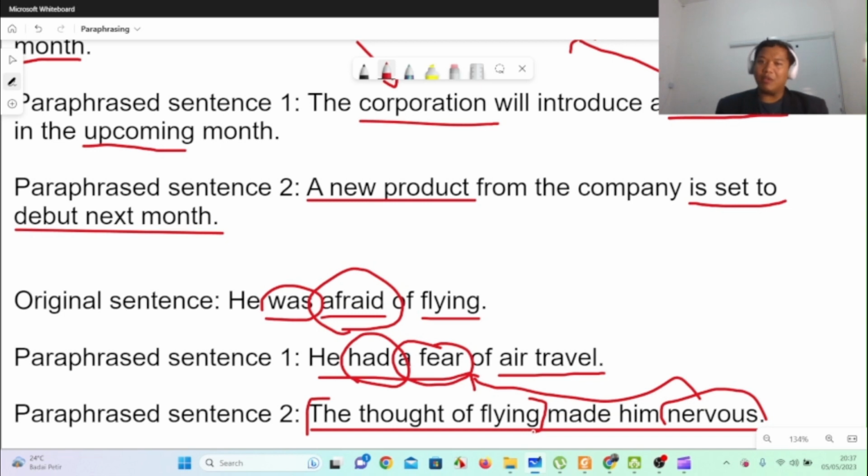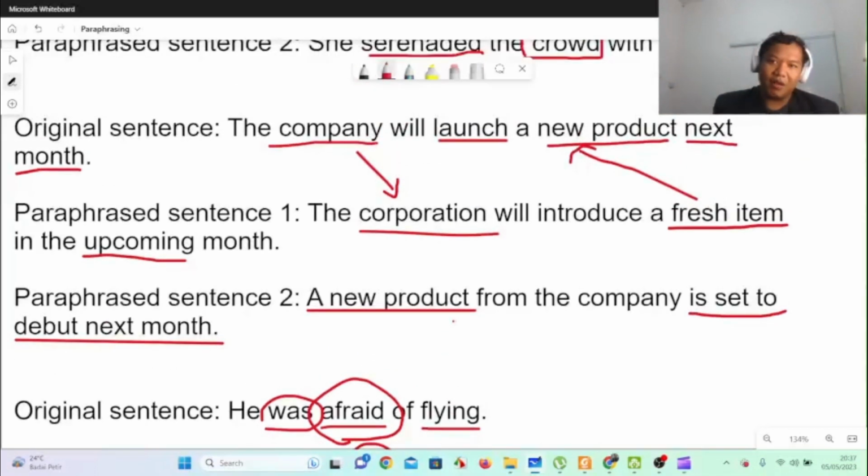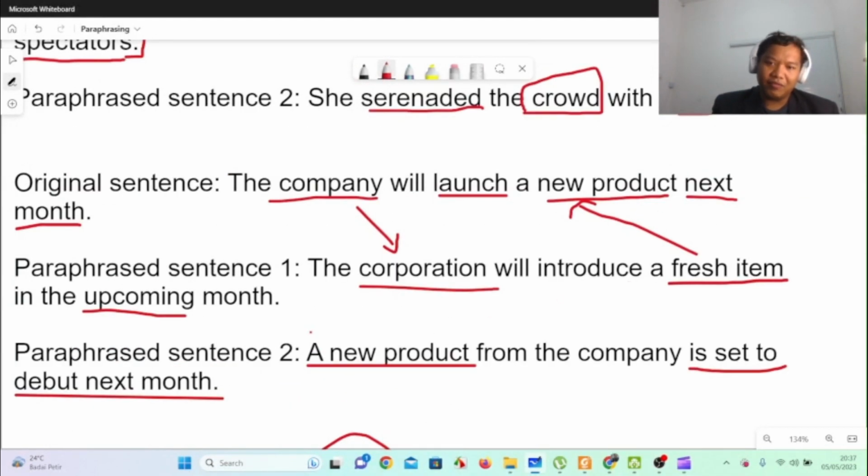Now, you can keep some of the original words, of course, and not change every single one. But if you do that, then you have to do what this sentence did. Let's go back to the top here, right? This one, right? This changes the structure completely, changing from active to passive, and half of the vocabulary is also changed, right? So that accounts for more than 50% of the original sentence being changed. All right, guys. So hopefully that helps you out in getting a better picture of what good paraphrasing looks like and what not so good paraphrasing looks like.